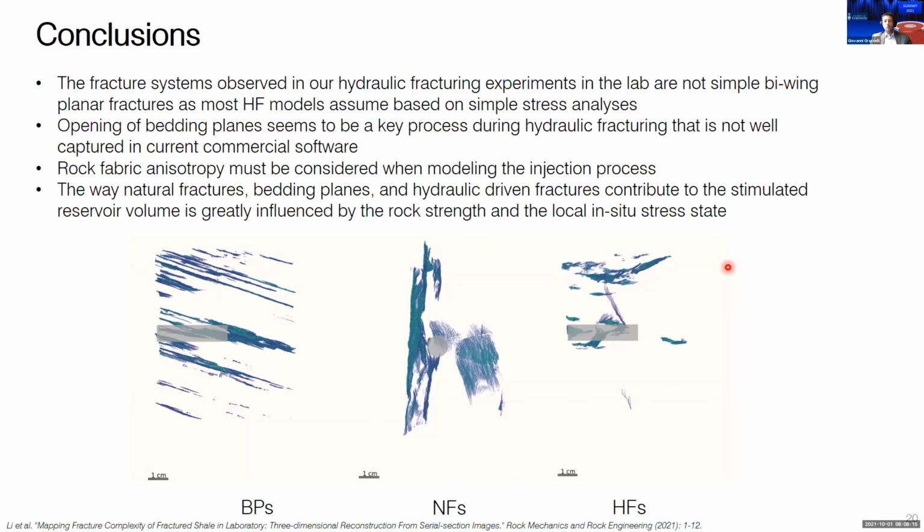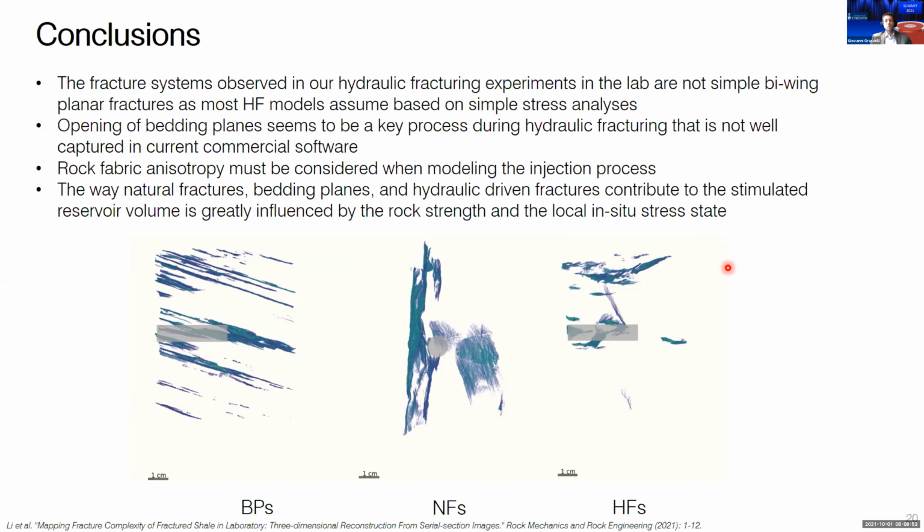are not simple bi-wing planar fractures, as most hydraulic fracture models assume based on simple stress analysis. Opening of bedding planes seems to be a key process during hydraulic fracturing that is not well captured in current commercial software. And that really leads us to state that the rock fabric anisotropy must be considered when modeling the injection process. And the way natural fractures, bedding planes, and